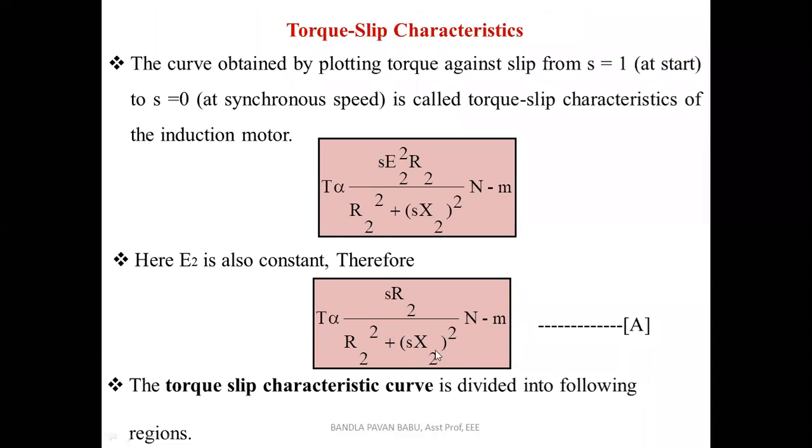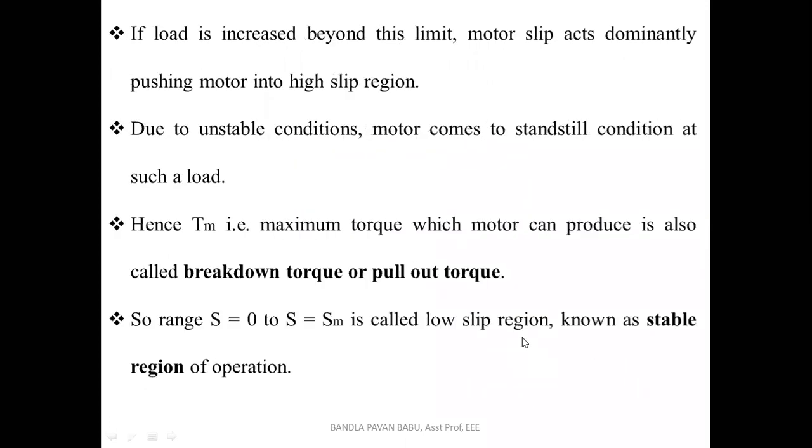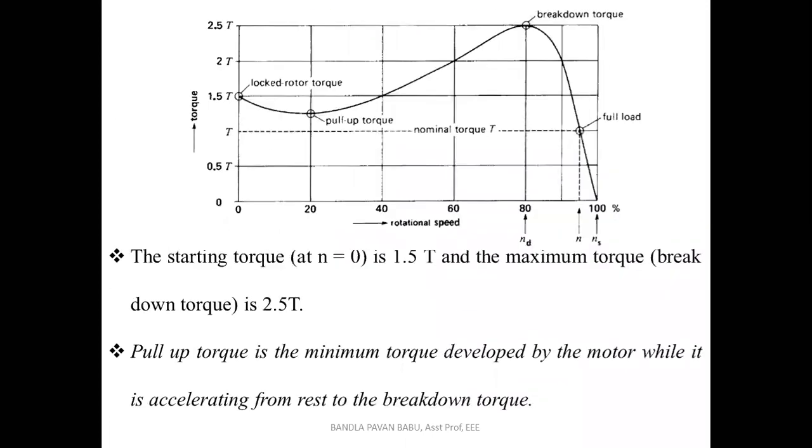So here the inductance is fixed. Coming to the reactance part, X equal to omega L. Omega is constant, omega equal to 2 pi f, and L is constant. 2 pi is constant and L is constant. Only the frequency varies. If the frequency varies, the reactance varies. But here the resistance remains same, either in squirrel cage or slip ring. Suppose if we vary the resistance, so coming back to the diagram,